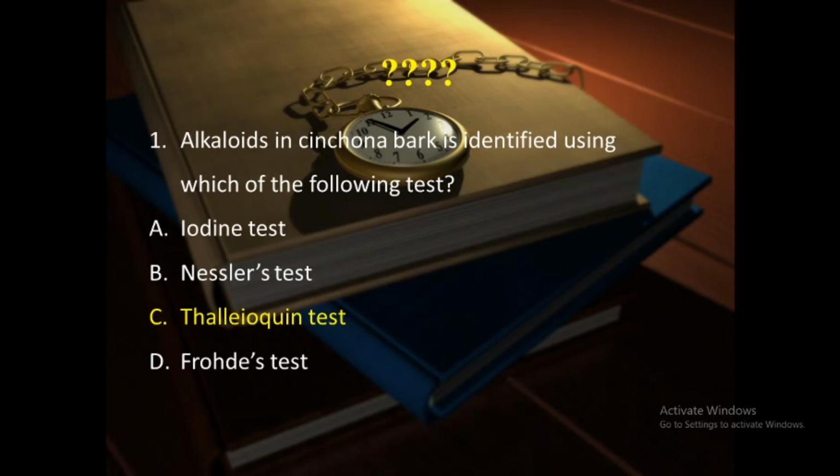So this is up to the microscopy. We had studied the transverse section of the Cinchona bark, then differentiating points between the stem bark and root barks, then some characteristics with respect to all four varieties of the Cinchona bark, and powder microscopy, microchemical test and different chemical tests. Thank you.